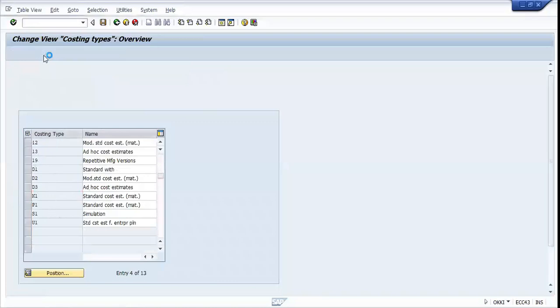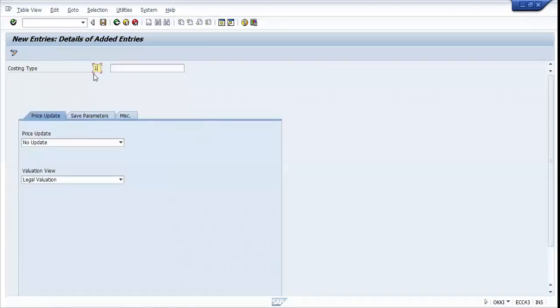Okay, let's go for a new entry. So I put L1, standard, I put no update, I will standard price. So it's a maximum of one costing type for the